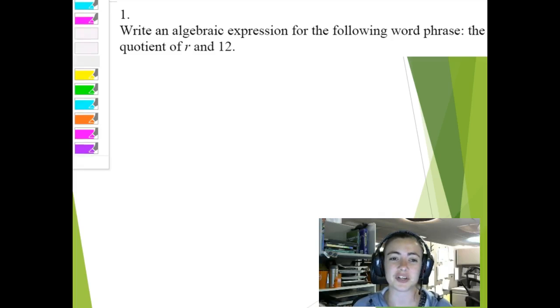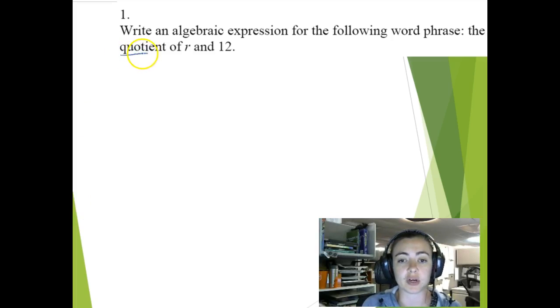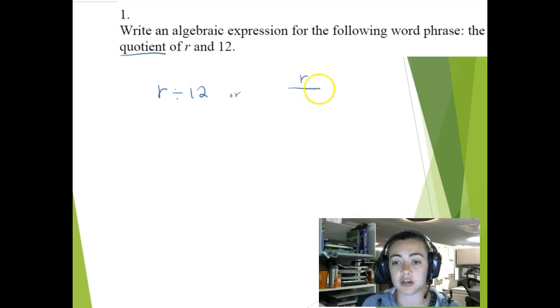Alright, so the first question here. Write an algebraic expression for the following word phrase, the quotient of r and 12. So hopefully you remember what quotient means, and quotient means division. So this is talking about the division of r and 12. So r divided by 12, or you can write it as a fraction, r over 12. Those are kind of the two main ways to write that. Just as a reminder,